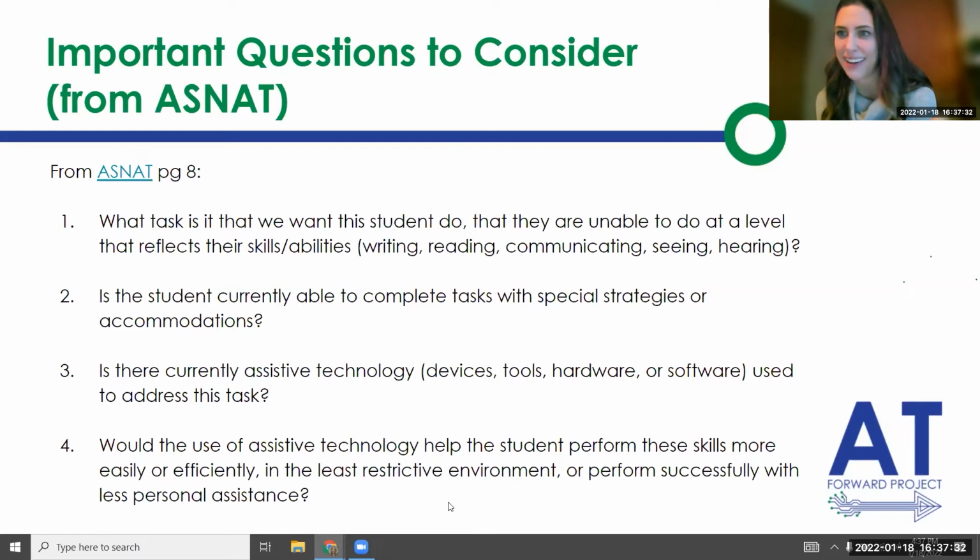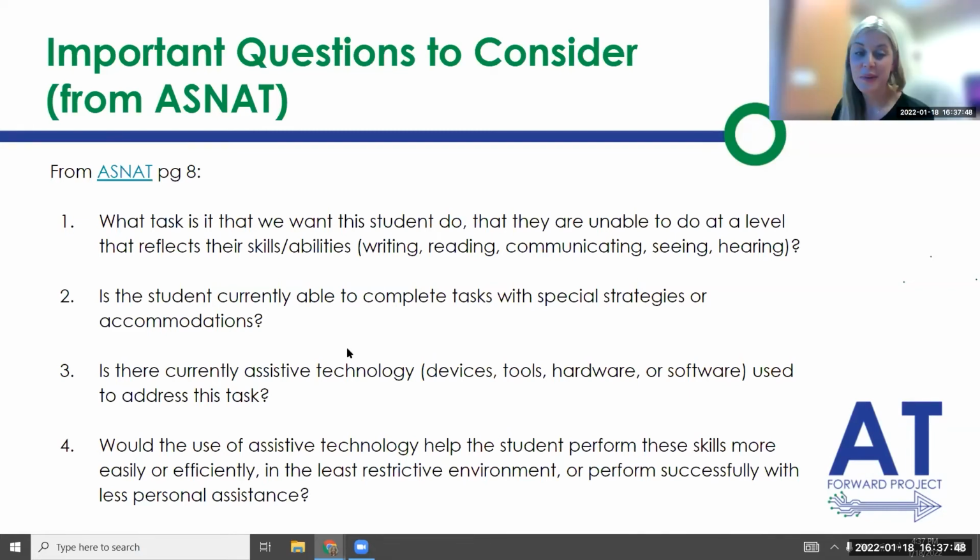Just like we've talked about with our students who are using robots or technology like that, is it the best and easiest way for them to perform and meet IEP goals? The really important thing I take out of a lot of these is less personal assistance or increased independence. What are we doing to help the student become more independent in their skills? That's where we really define what becomes a need for a student.